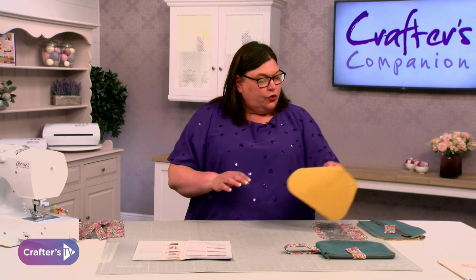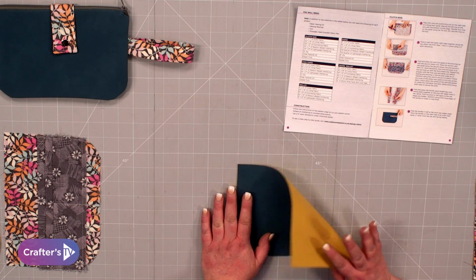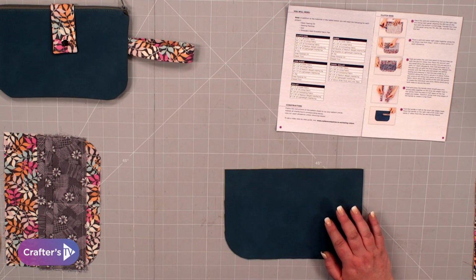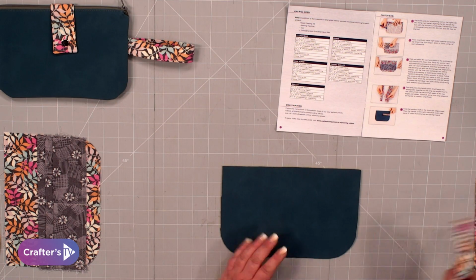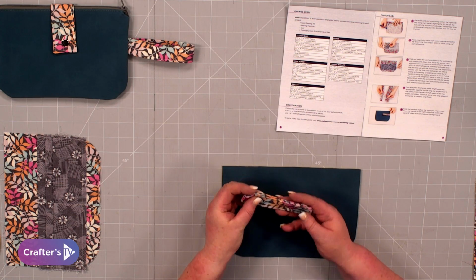So then we're going to go to the outside part of the bag. We've got this lovely suede effect fabric here. It's really, really pretty. It sews beautifully as well. You just need your ordinary foot with this. It's absolutely fine. So we're going to take our bag and we're going to get that tab handle and just fold it over,